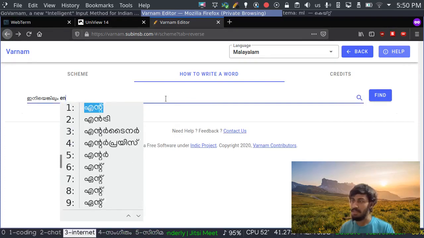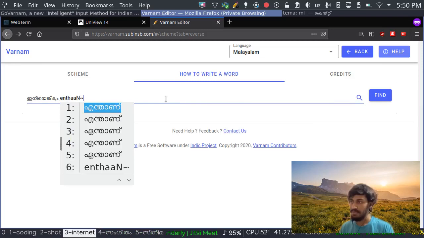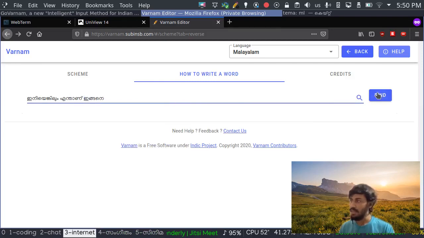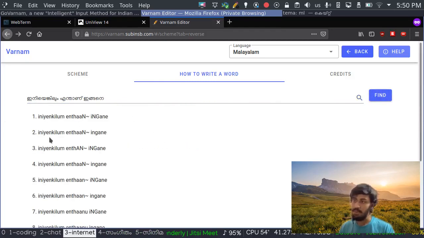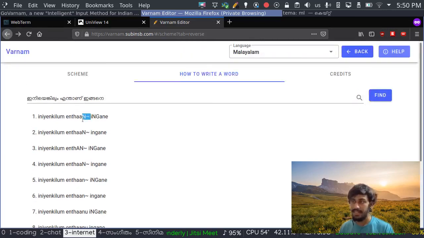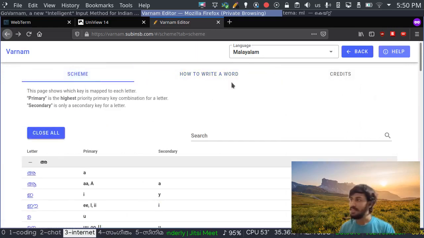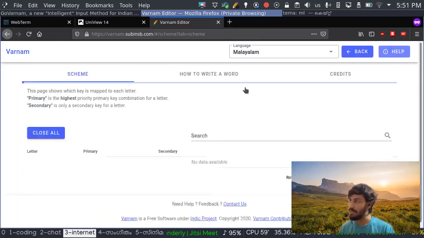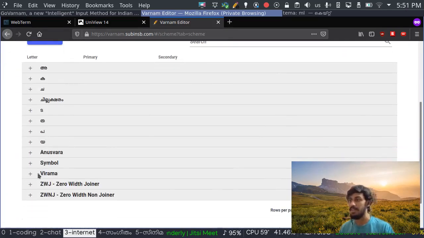For example, let's say, and if I do that, I can get the point of the different ways in which that sentence can be written. Always trust the first one because I will always have the exact pattern per pattern combination for each word. And I think that's everything that I can show in the website part. So this website will always be there, so you can always check for the scheme in case you have any difficulties learning something.